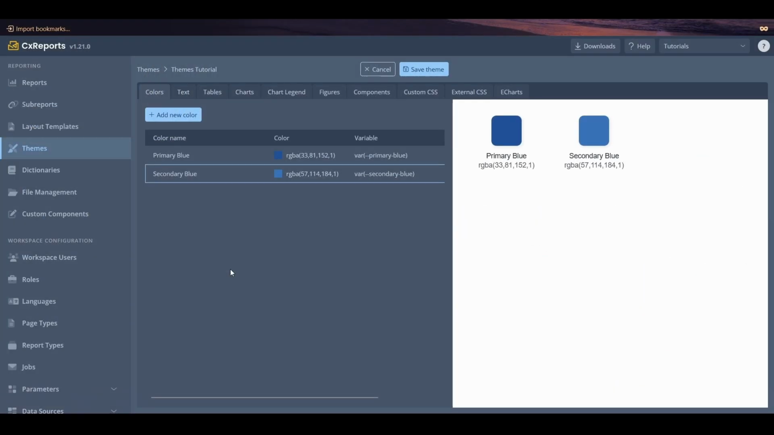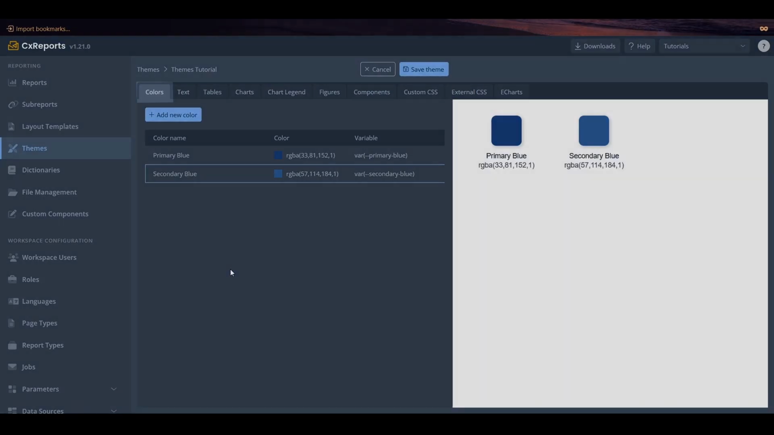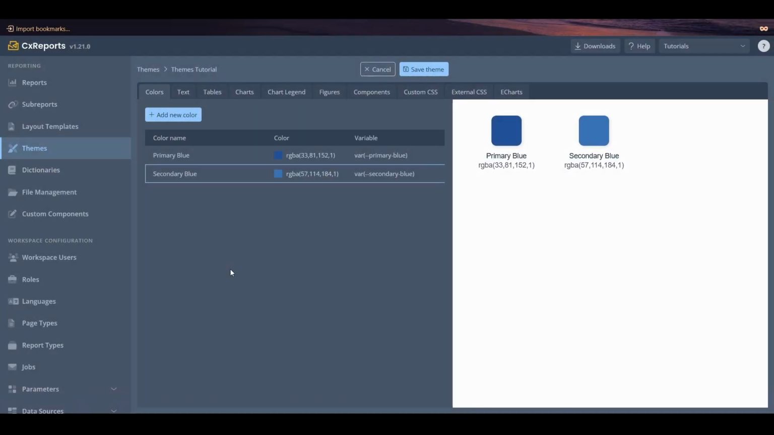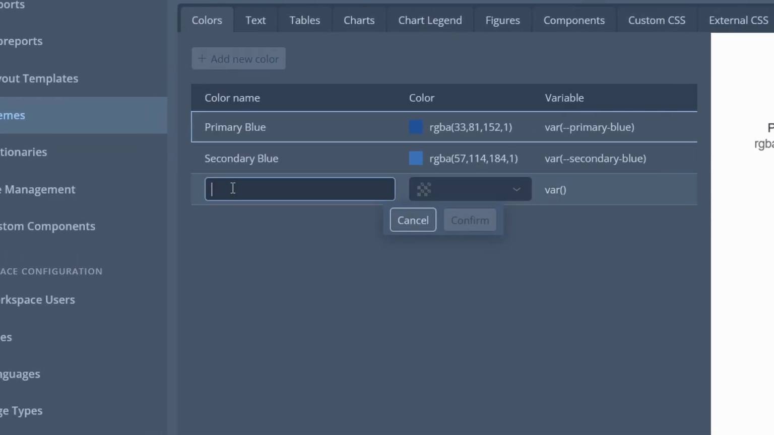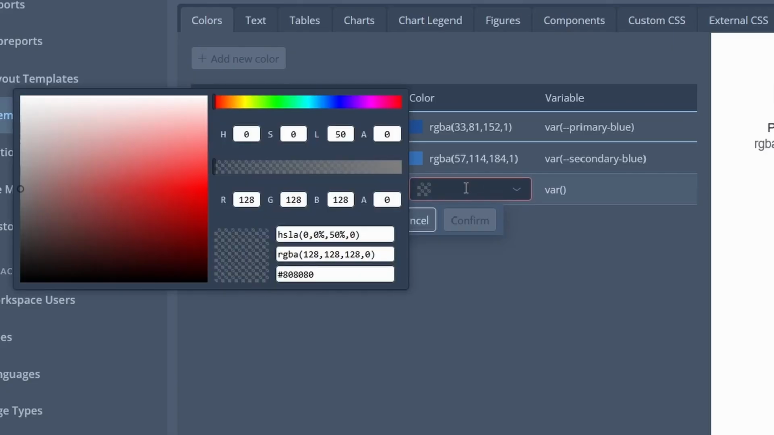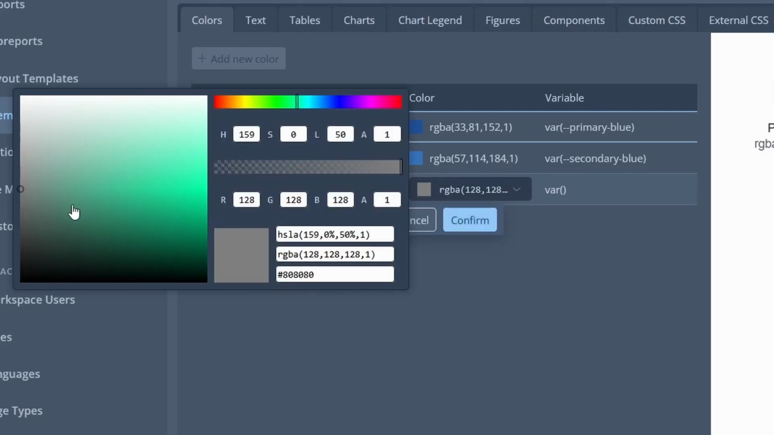Let's start with the foundation of any theme, the color palette. This is where you define all your brand colors that will be used throughout the theme. You can add colors by clicking the Add button. Each color has three properties: a display name, like primary green for example, the actual color value, which you can pick using the color picker,